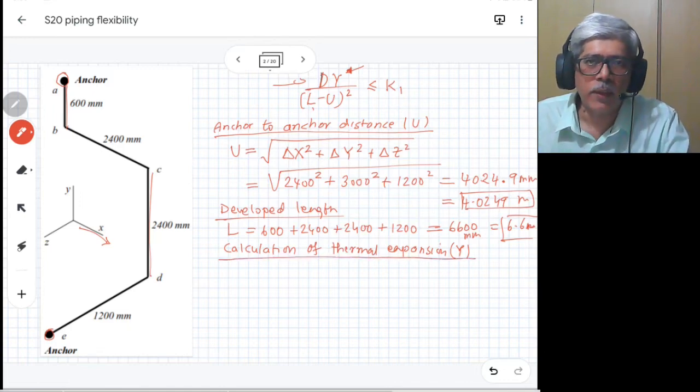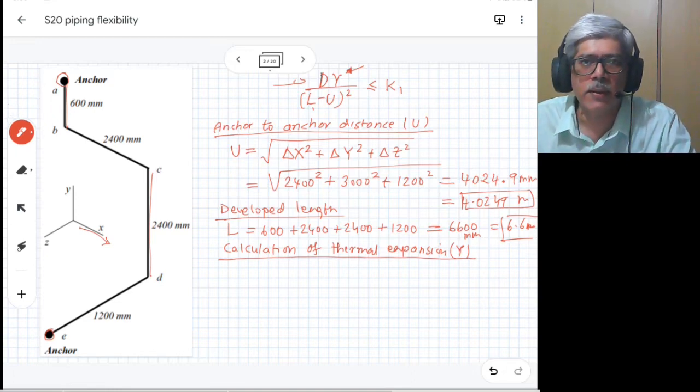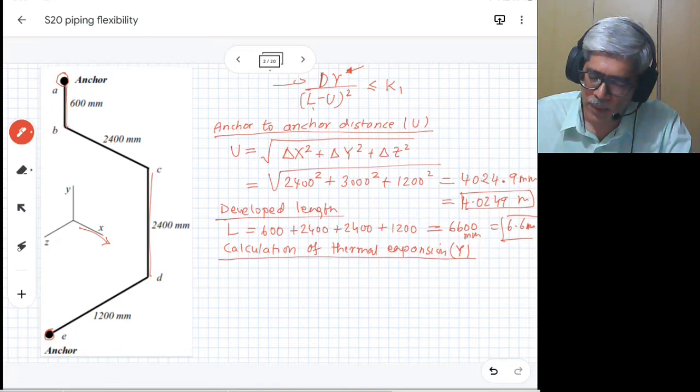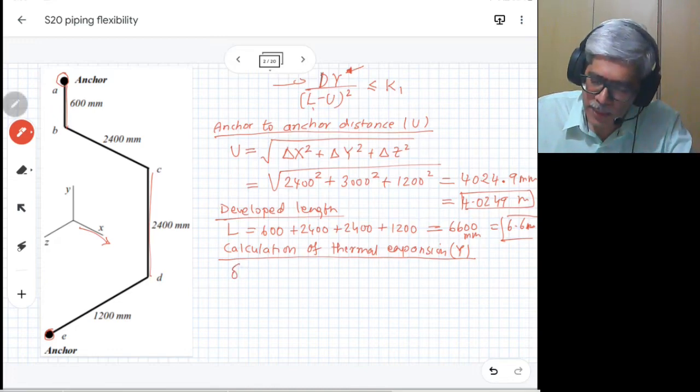So the way we will calculate y is we will calculate the expansion in the x direction, then expansion in y direction, and then expansion in z direction. And then we'll add them vectorially to get the net thermal expansion which the piping needs to absorb. So the expansion in x direction